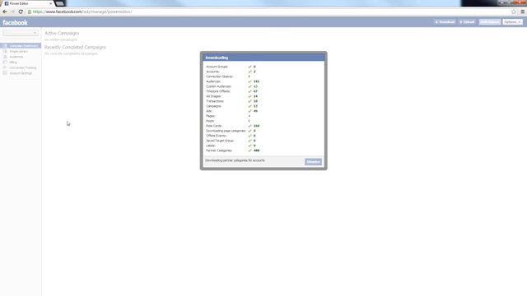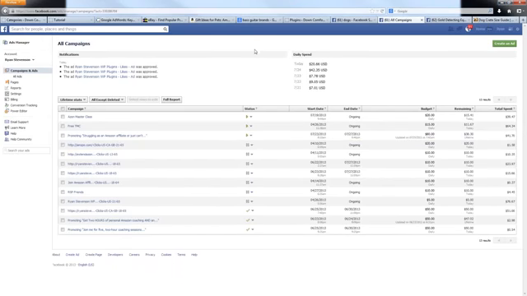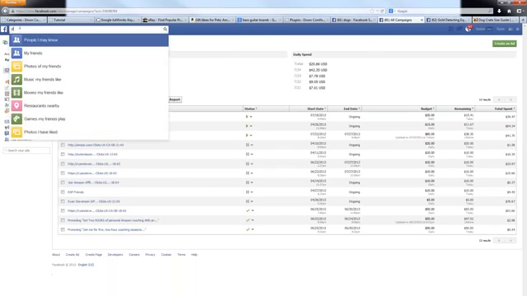Now, what the Power Editor lets you do is to actually create audiences for your advertising campaigns. This thing's still downloading all of my existing advertising before I can show this to you guys. Let me flip back over to this other browser here while that's working. The custom audiences,